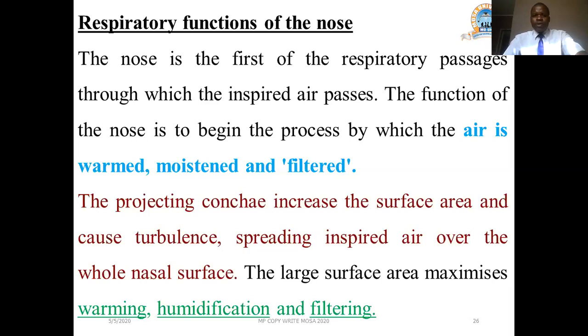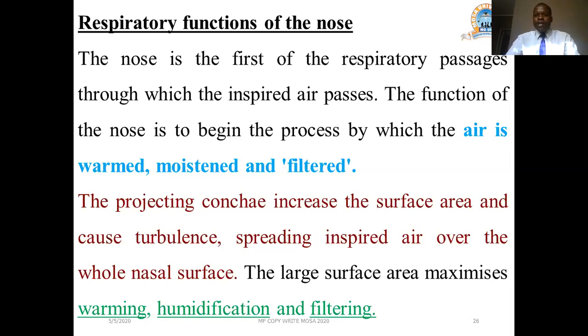The function of the nose is to begin the process by which the air is warmed, moistened, and filtered. We don't breathe air that is dry. So the air that is coming from the outside world is dry. The moment it reaches the nostrils, which, as we mentioned, are highly vascularized, the blood that comes to the nostrils is able to warm this dry air coming from outside,